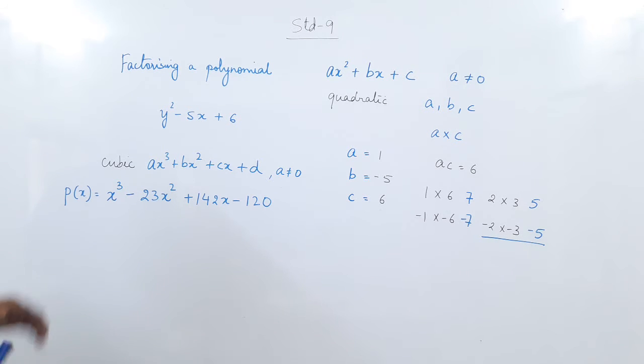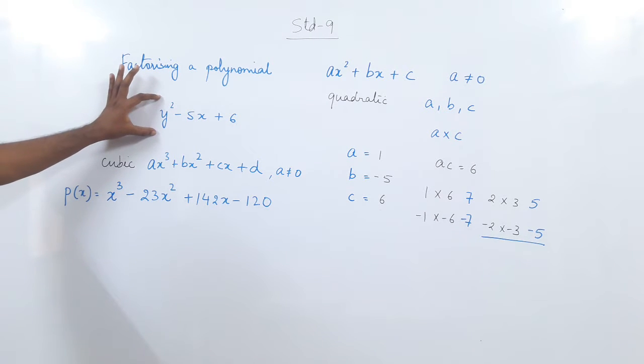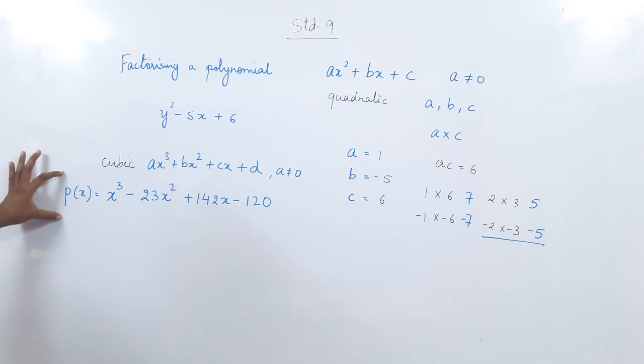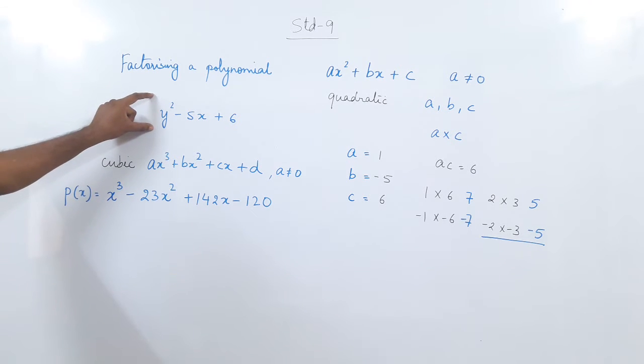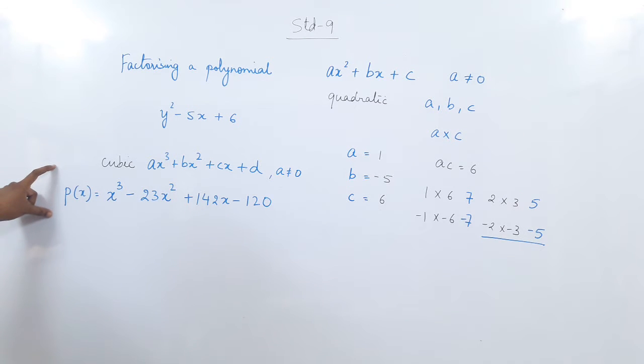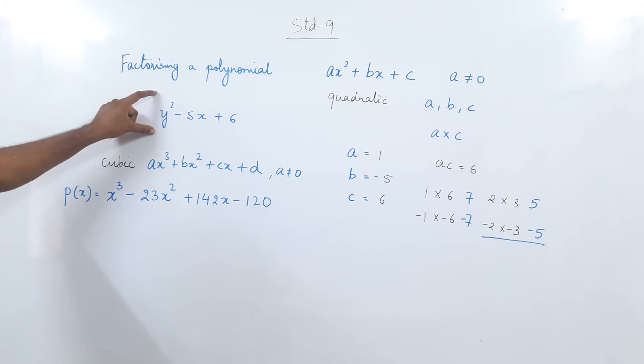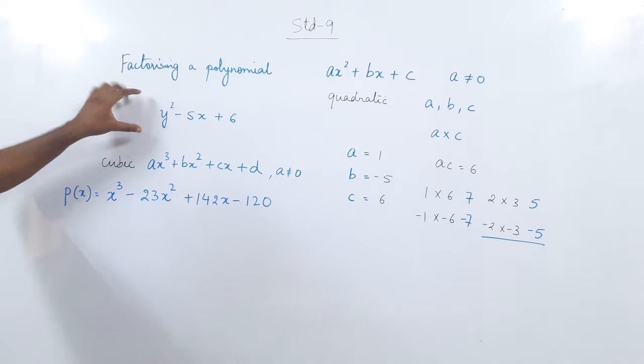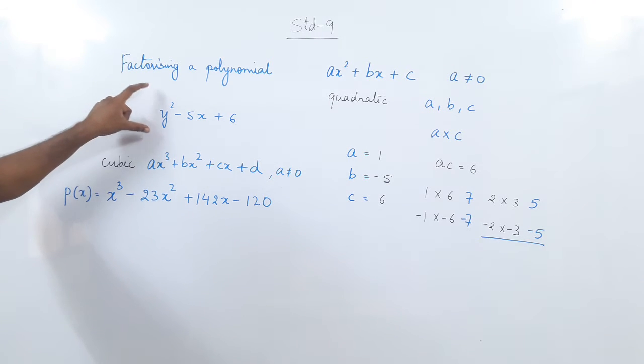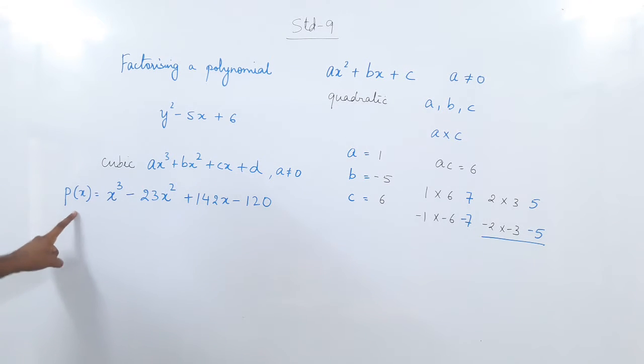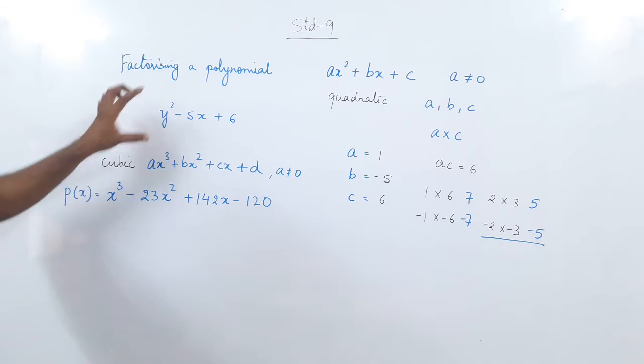So the hint for this sum comes from this sum only, and I will show you how. Here we have splitting the middle term, but for this we do not have any such splitting, so we will have to get a hint from this sum. Here we are going to do the same thing, the trial and error method. Even though we have a formula called splitting the middle term, just now for the sake of this sum, we are going to do the trial and error method.